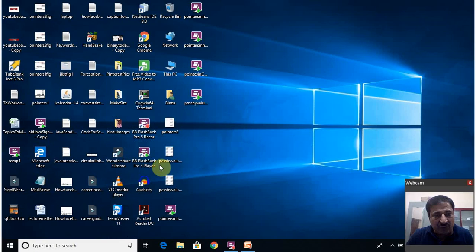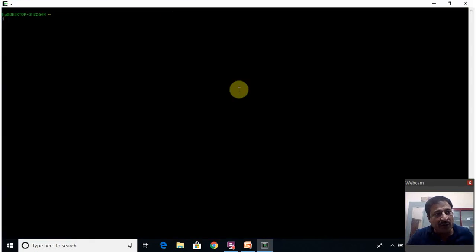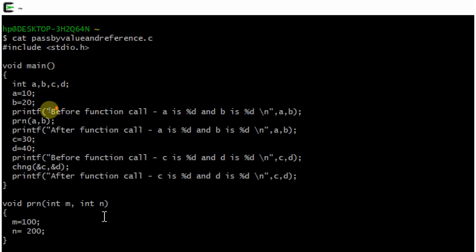I am using Cygwin software tool for running my C programs. Cygwin provides you a Unix environment in Windows because Unix is written in C. So you can even run your C programs here. See, this is the program that we discussed.